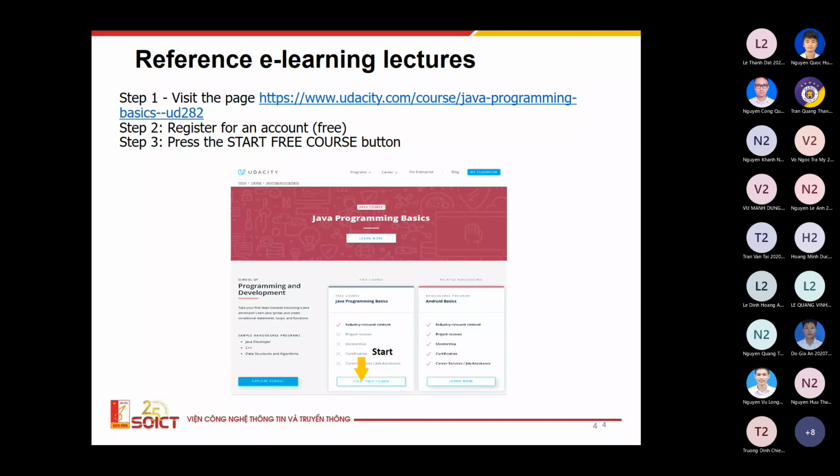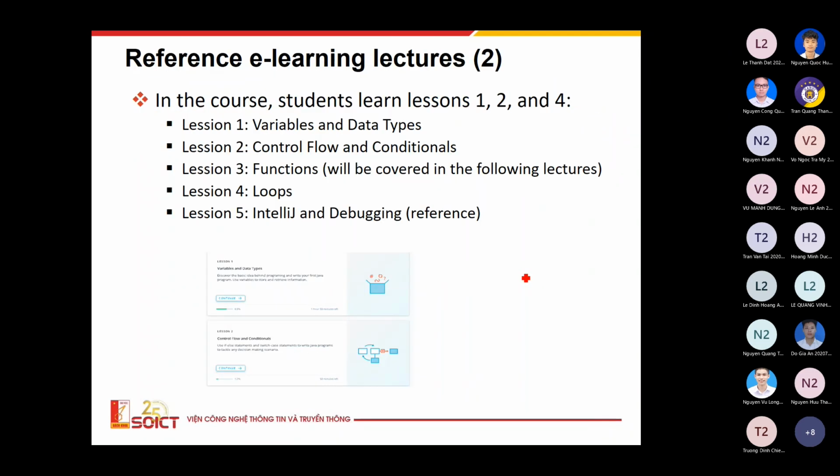For example, here I provide to you an e-learning course, an e-learning lecture, which is free, and you can assign to this course freely. This is a course of Udacity named Java Programming Basic. You can follow this course and you will find it very easy to understand. These 3 steps you can follow to assign to this course. And in the course, maybe you can learn from 5 lessons about